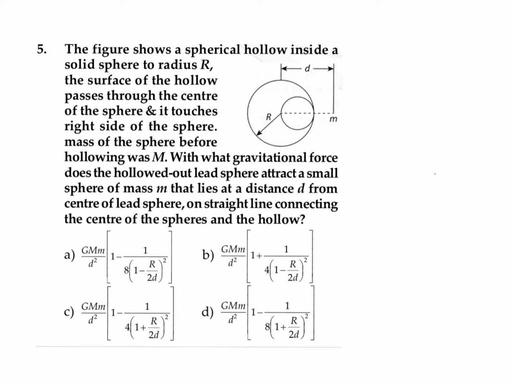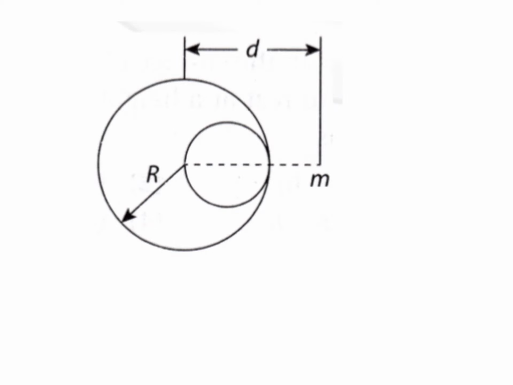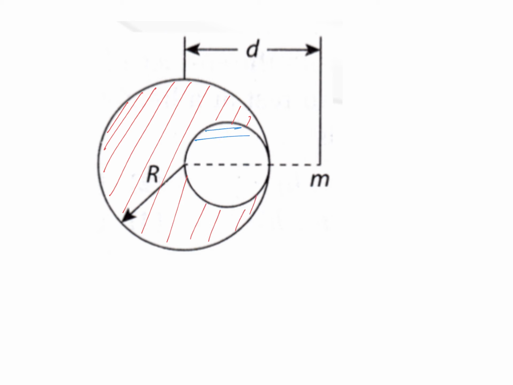a small sphere of mass m that lies at a distance d from the center of the lead sphere, on a straight line connecting the centers of the sphere and the hollow? So basically there is a solid sphere and we removed some part from it. Let's shade the remaining portion with red color. This red portion is remaining, and the other part, which I'm shading with blue,